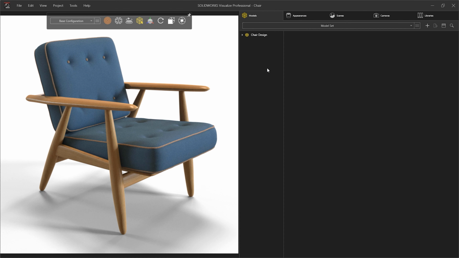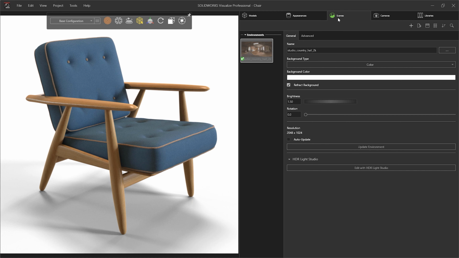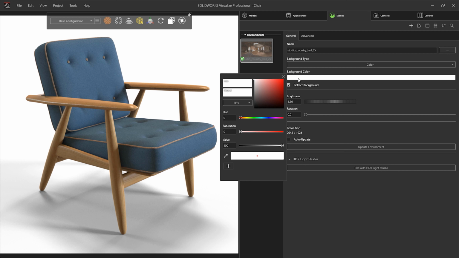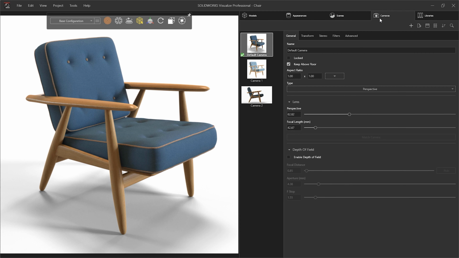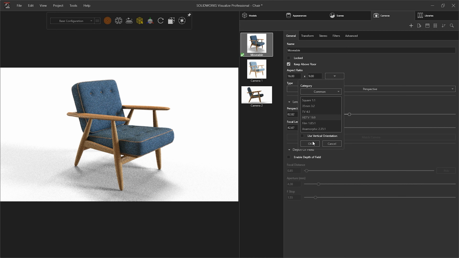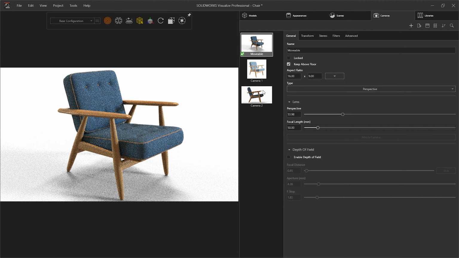First, we take an already set up project or set one up for a typical design that you'll be rendering. In this case, I will use this chair setup with a nice warm country hall environment and a white background. I have some cameras in the model, but the location of the cameras only work if you always use the exact same size models. It is still useful to have a couple of them for a movable and static camera with appropriate focal lengths and aspect ratios.